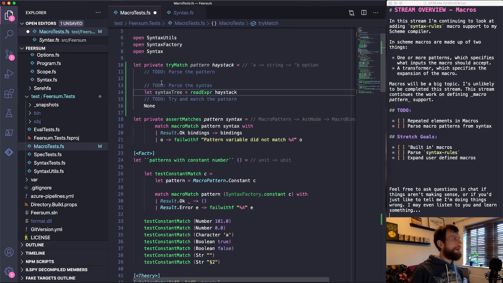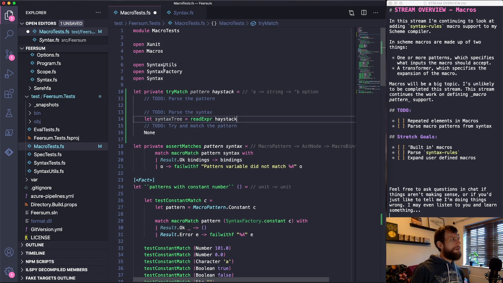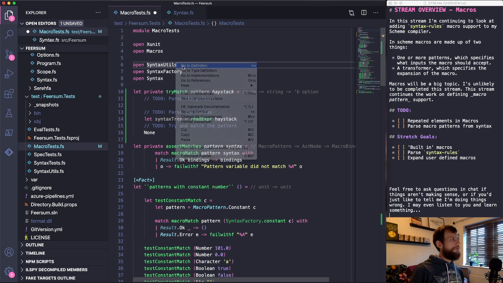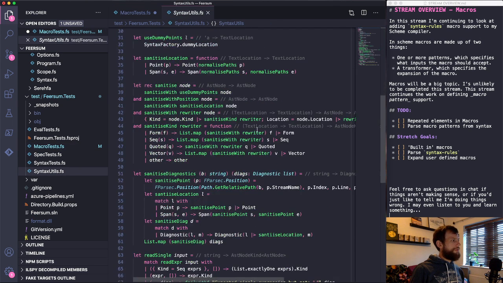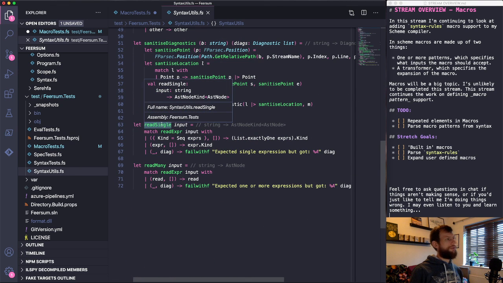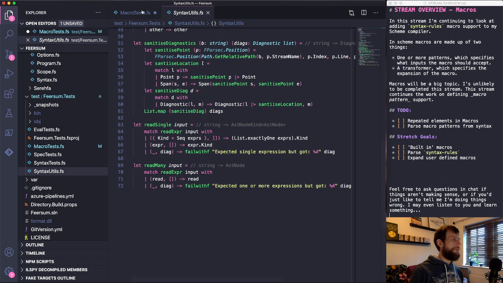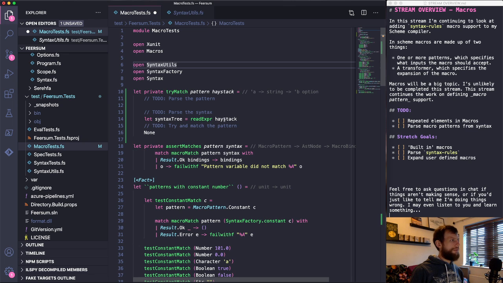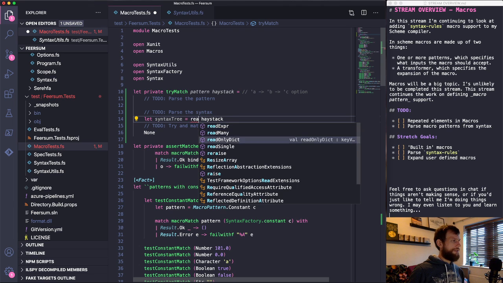And I think we might have some helper methods which allow us to parse. Yeah, read single does read expression and expects a single one, and it will throw if it doesn't get what it expects. That's just for unit testing, so it's effectively a way of unwrapping the parse results. So read single,